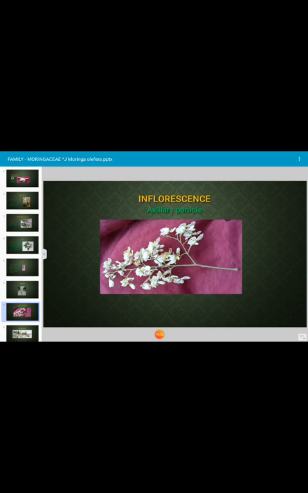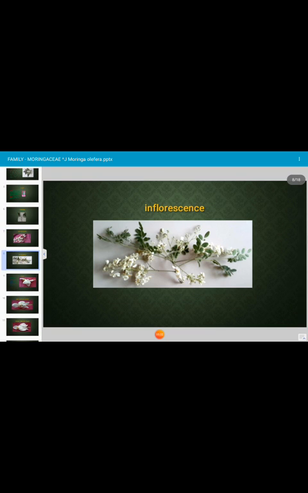How is the inflorescence? See in the photograph. This is an axillary panicle type of inflorescence. What is an axillary panicle type of inflorescence? It is a highly branched inflorescence. The branches of the panicle are often racemed. A panicle type of inflorescence shoot may have determinate or indeterminate growth. Such type of inflorescence is described as axillary panicle inflorescence, and this is the complete flowering shoot of Moringa oleifera shown in the photograph. Okay, next slide.